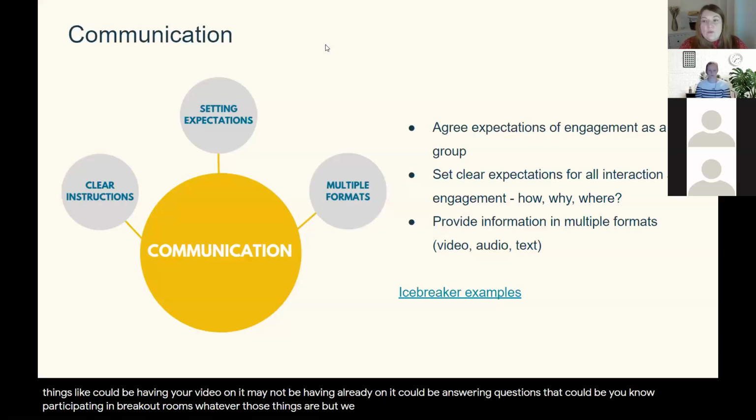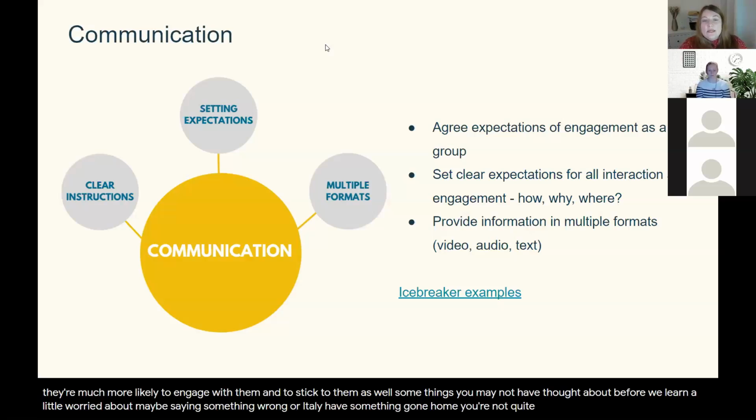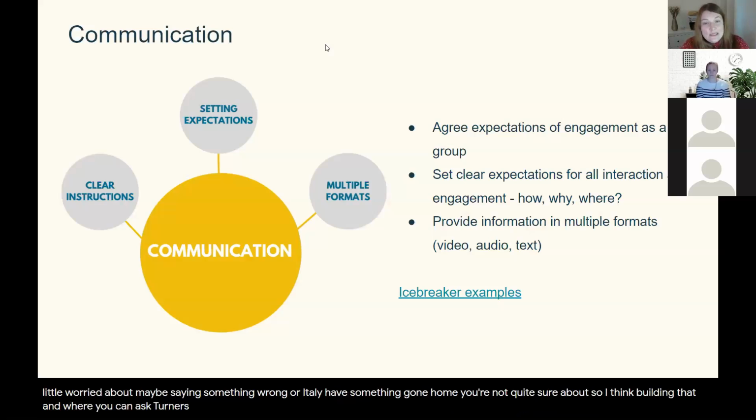But we've found that when we actually include the learners in setting those expectations, they're much, much more likely to then engage with them and to stick to them as well. So that can be a really good tool. And it can also bring out some things that you may not have thought about before, where learners are a little worried about maybe saying something wrong, or they have something going on at home that you're not quite sure about. So I think building that in, where you can ask the learners to engage in setting expectations,